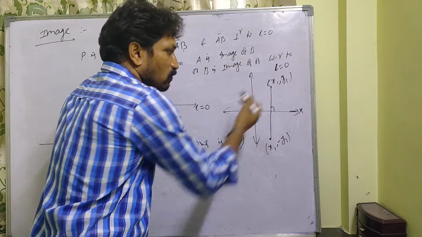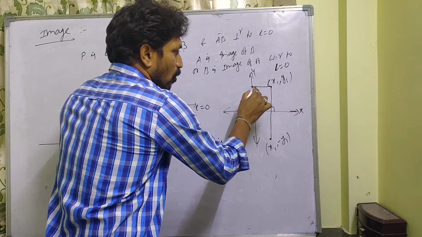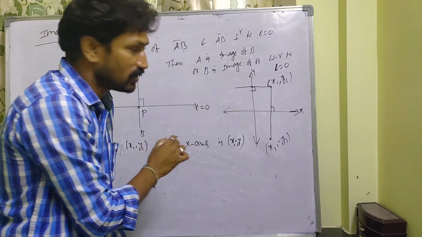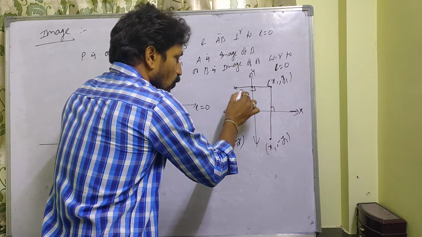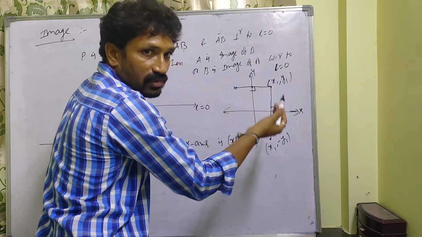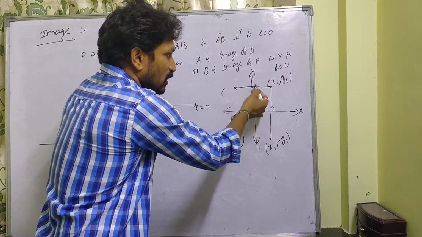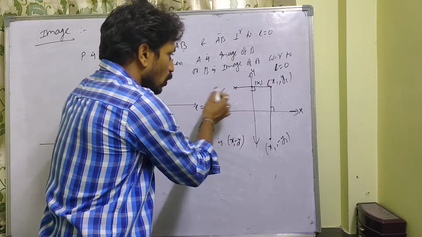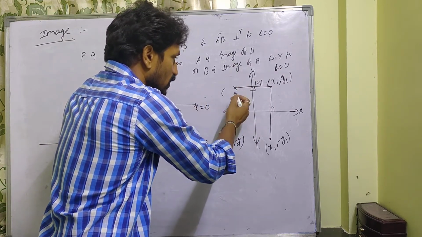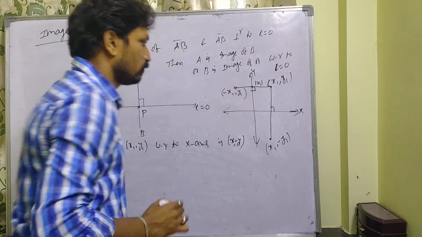Similarly, the image of x1 comma y1 with respect to y-axis, if you take. So it is the midpoint and perpendicular. So with the same distance it will be on the opposite side of the y-axis. So here, what is the point? Here it is a horizontal line. In a horizontal line the y coordinates are equal and the x coordinates will be changed. So how much will it be changed? With the same distance; this distance is actually mod x1. So on the opposite side also mod x1. So with this distance mod x1, on the opposite side, this is the negative x-axis. So it will be minus x1 comma y1.